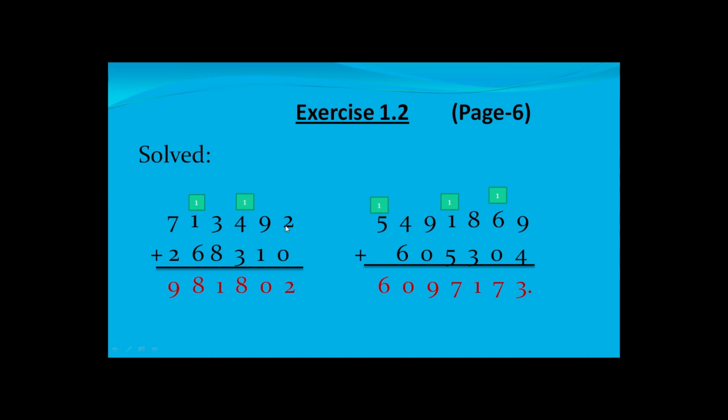Now in this question 2 plus 0 is 2, 9 plus 1 is 10, 0 will be here, 1 is carried, 4 plus 1 is 5, 5 plus 3 is 8, 3 plus 8 is 11. In 11 there are again two digits, so 1 will be here and 1 will be moved further and carried. So 1 plus 1 is 2, 2 plus 6 is 8. Now 7 plus 9 is 9.